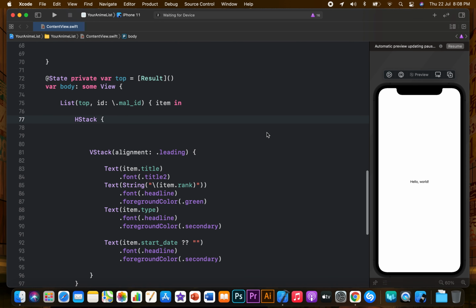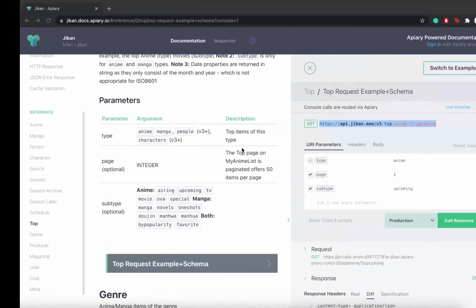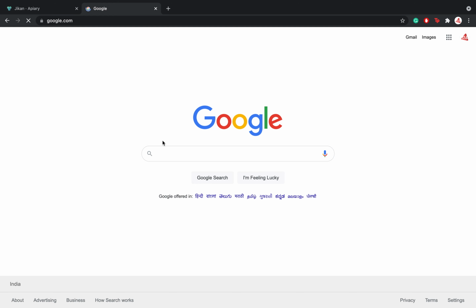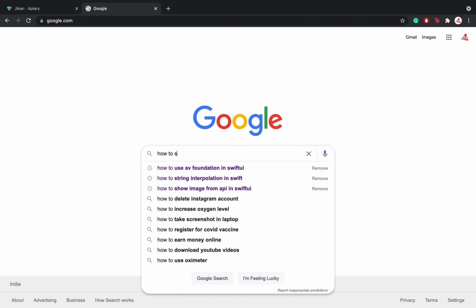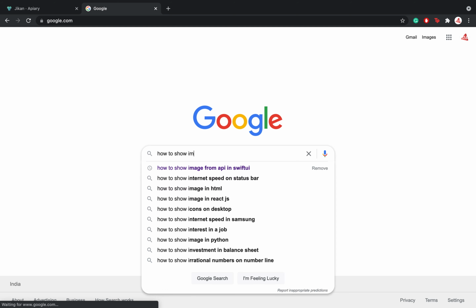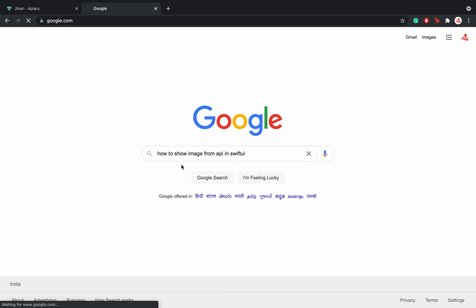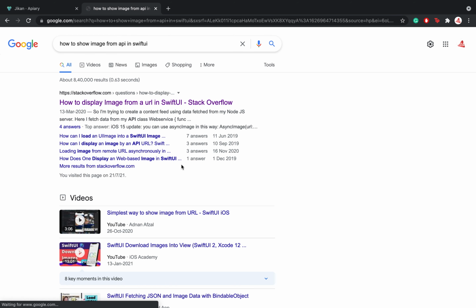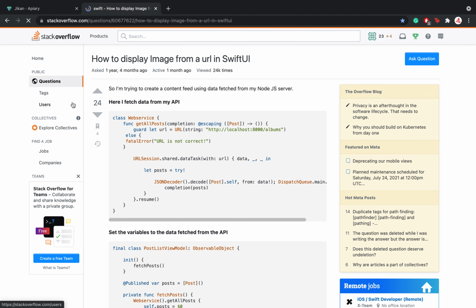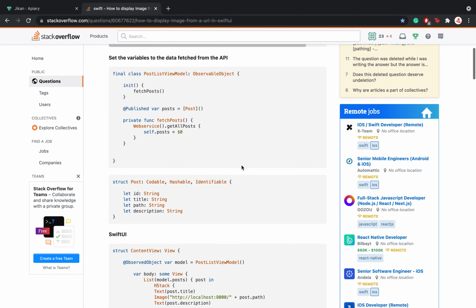So now we have encountered a problem that's really common to most programmers. So let's just Google it first. What would we actually Google? We would Google something like how to load images through an API in SwiftUI, and you can see that it actually came up, because yes, I tried doing it earlier as well. So now let's open the link, and fortunately someone had asked this question and it's on Stack Overflow. So half of our query is resolved, I can say.